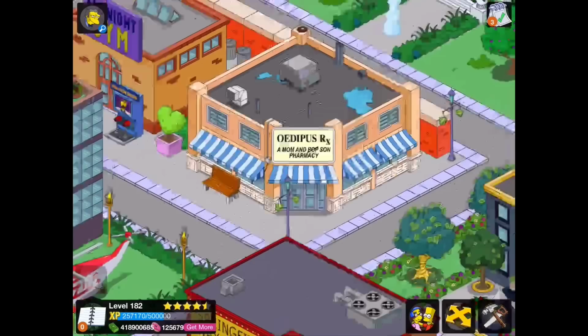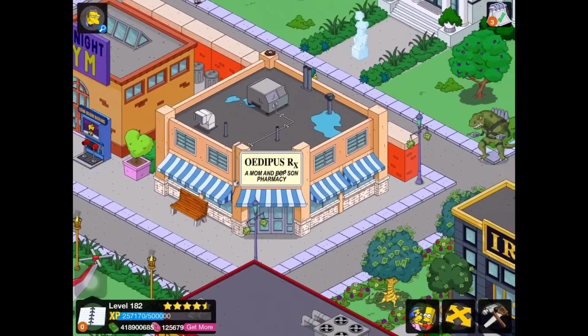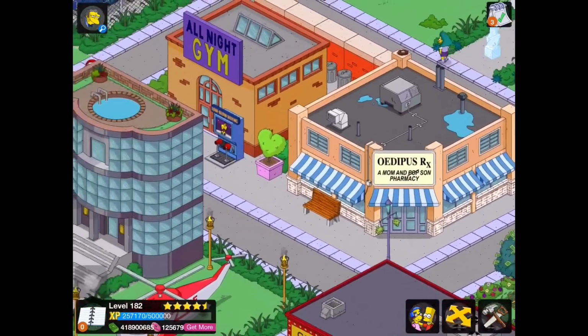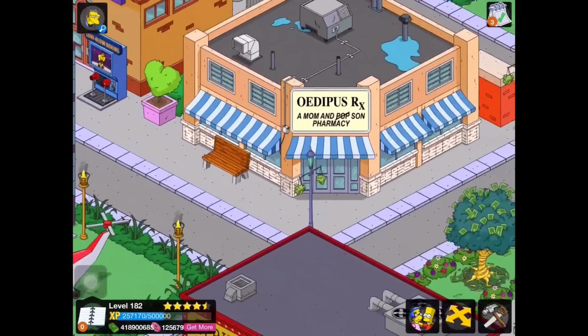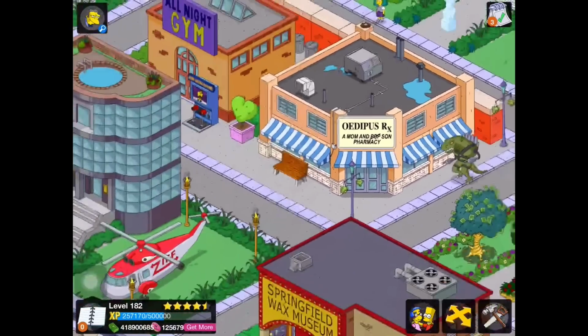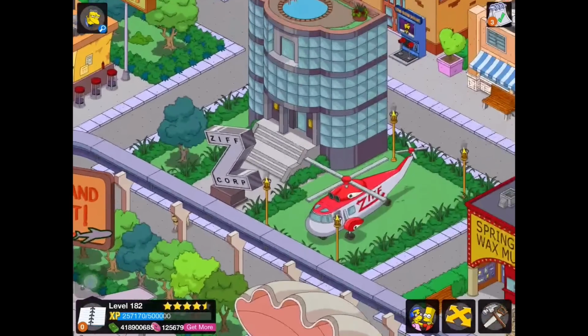Pretty basic designs as well. It's got a pretty cool alley in the back with some garbage cans and stuff, gated off by some brick walls. The all-night gym has got the low-blow boxing machine out front, and all in all, just a pretty cool little simple design. In front of that is the Ziff Court building, which has got, of course, the Ziff sign and